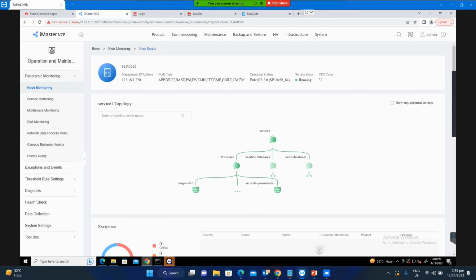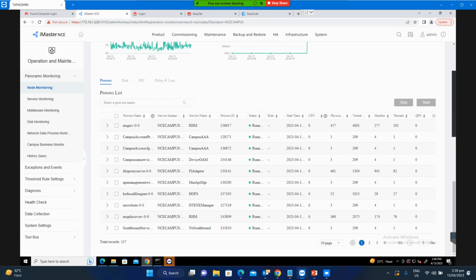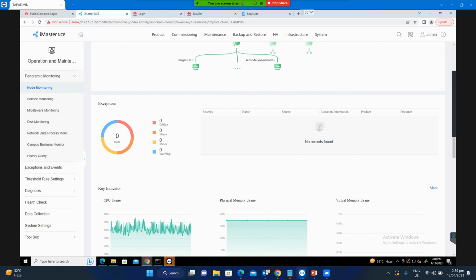It's not a big deal. All the services are running properly and you can list down all the services. Everything is fine. You can see all the services are working fine. Everything is running. Once you have verified that the installation is completed successfully and working fine, then you can go